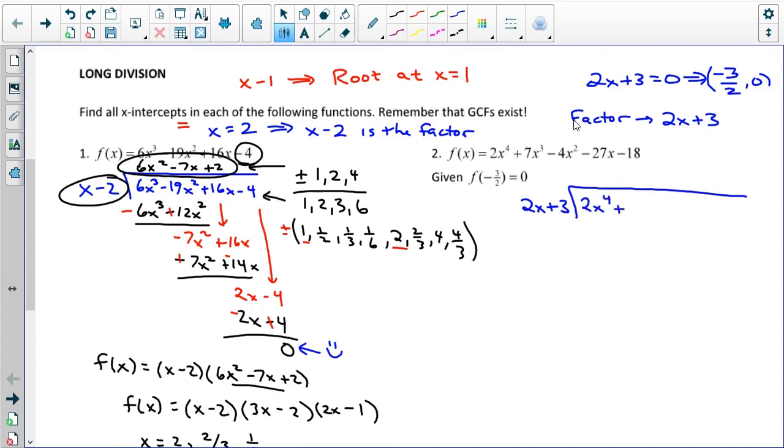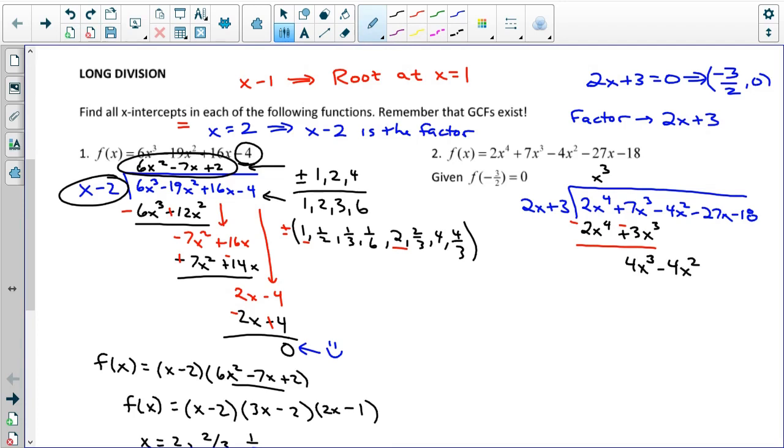So 2x to the fourth plus 7x cubed minus 4x squared minus 27x minus 18. I'm just going to do the operation. So 2x, well, I don't want a 2x cubed, my fault. x cubed times 2x gives me 2x to the fourth. x cubed times 3 gives me 3x cubed. I then change the signs in order to subtract. These cancel, I get 4x cubed, and then I pull down